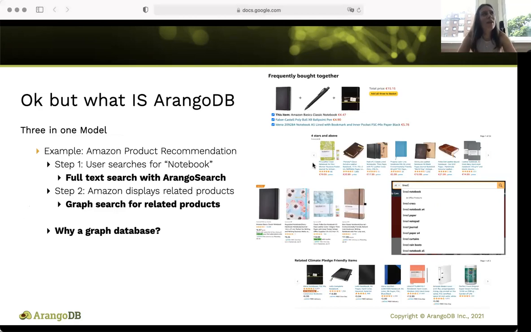Okay, now that we've talked about the different sections of ArangoDB Oasis, I think we're going to get into what ArangoDB is, or how ArangoDB functions, in what I like to refer to as a simplification for ArangoDB.